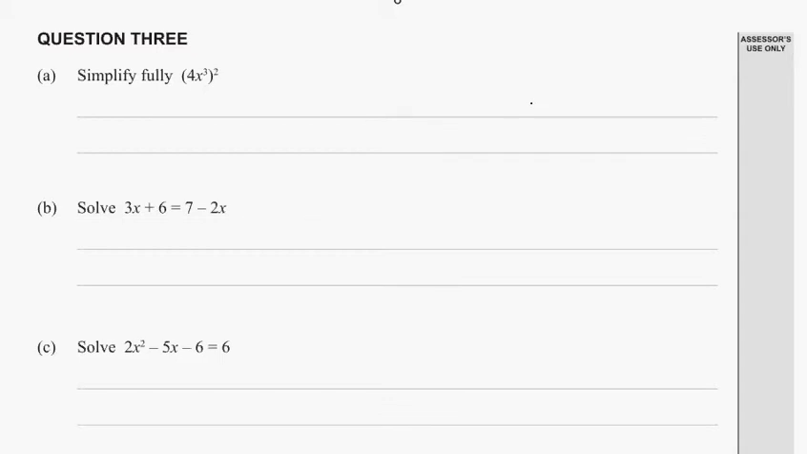Right, 2012, day 1, question 3. Simplify fully. 4x cubed times 4x cubed: 4 fours are 16, x to the power of 3 plus 3 is 6. Part B,